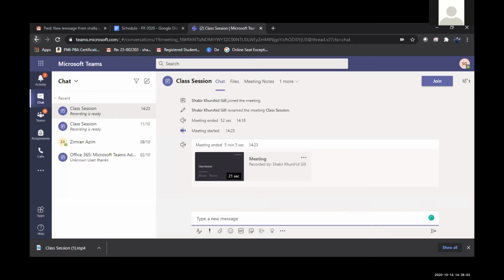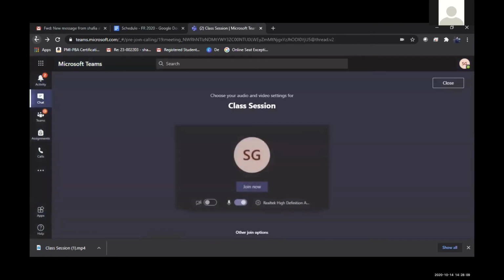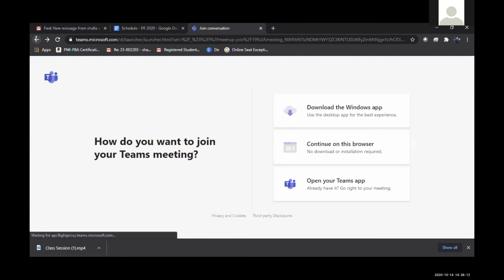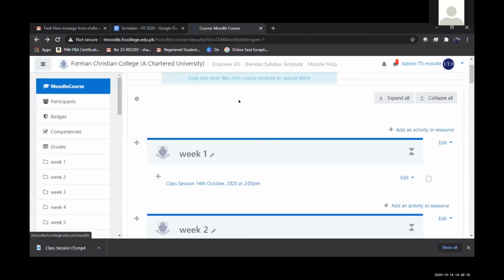Shakir, if I may add, unfortunately, our faculty do not necessarily go through all the emails. So what I would suggest is that you put it on the Moodle account itself. So once people go into their Moodle account, they have an option where they have MS Teams on the side and how to work as a video conferencing through MS Teams. So I think put that as a separate link bar on the top, please. That would be very helpful. Yes, we can do that. Thank you so much.